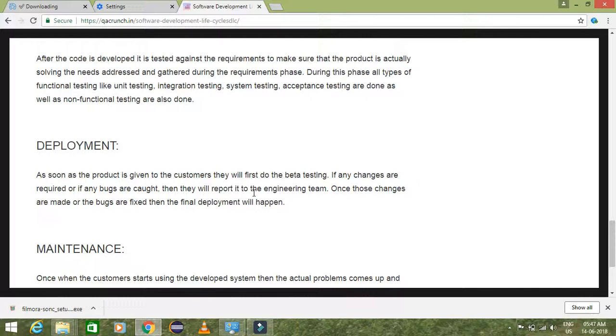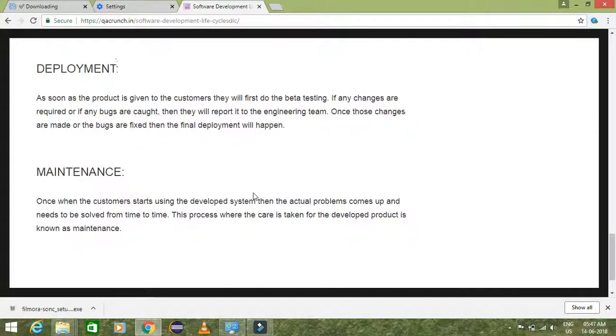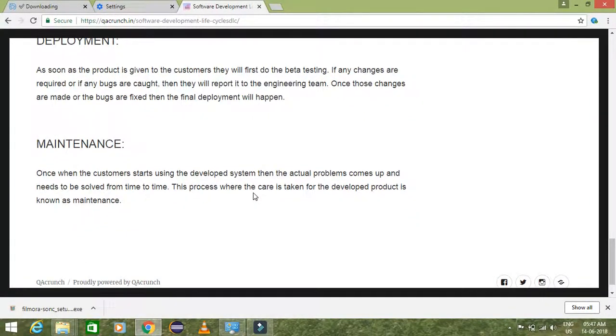Here user acceptance testing or beta testing takes place, and based on the deployment the customers use the product and come back with feedback, which is part of maintenance. For new changes they come again with new requirements, and again analysis,